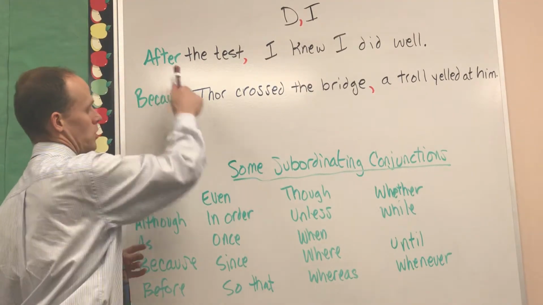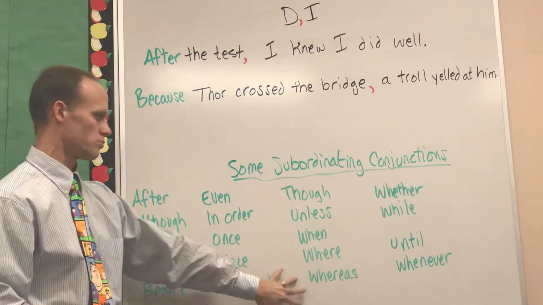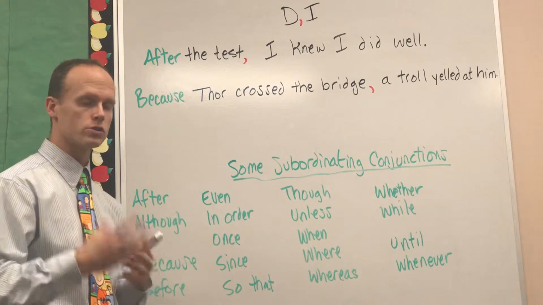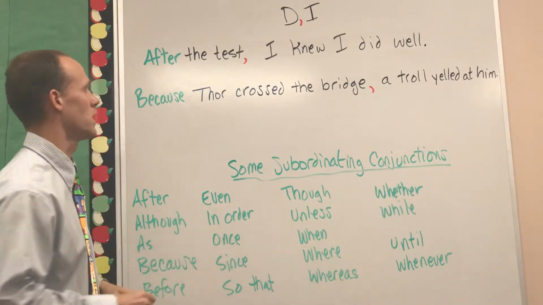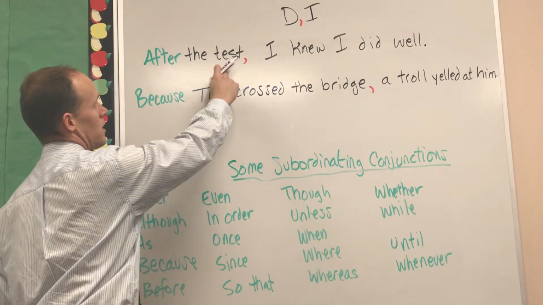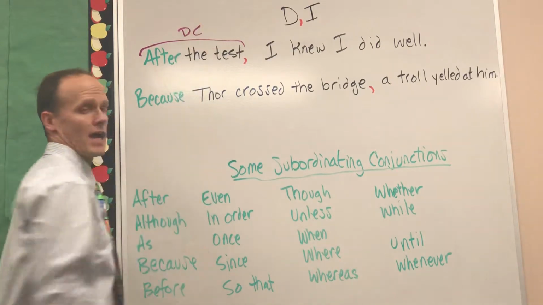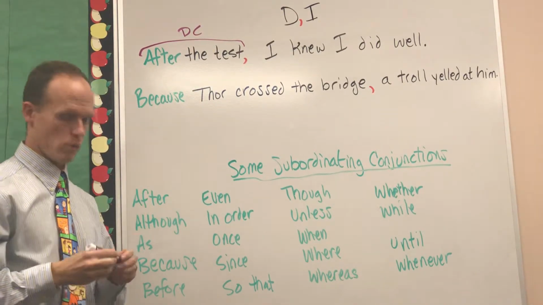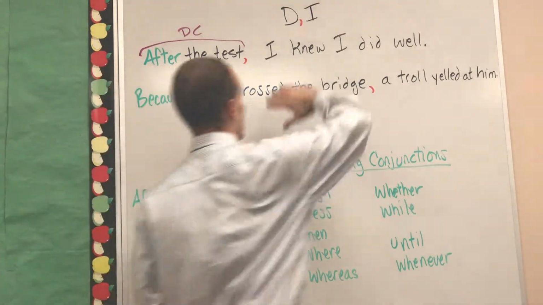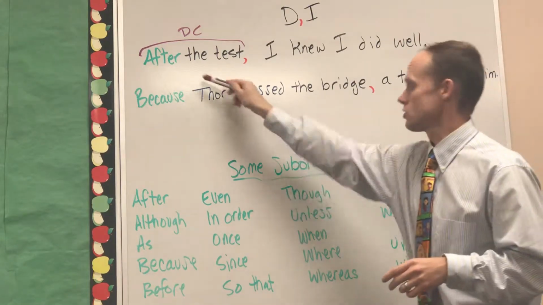Now, after is a subordinating conjunction. It's one of the many subordinating conjunctions. There's more than just these words. They're used to serve as a transition, okay, between ideas. After the test, right here, is a dependent clause. It cannot stand on its own. It's not a complete thought. After the test, what happened? We don't know. So if I cover everything up here, just after the test, that's a dependent clause starting with